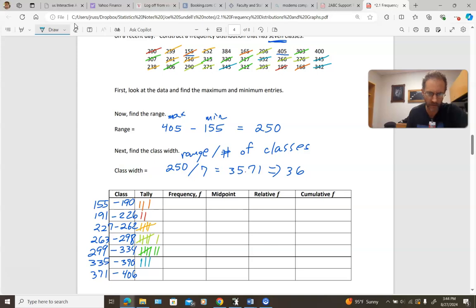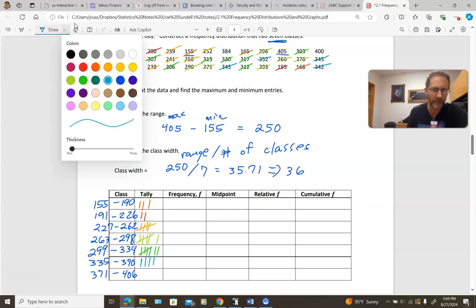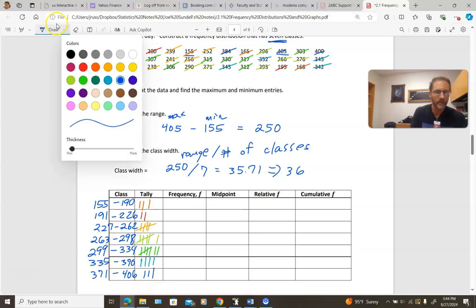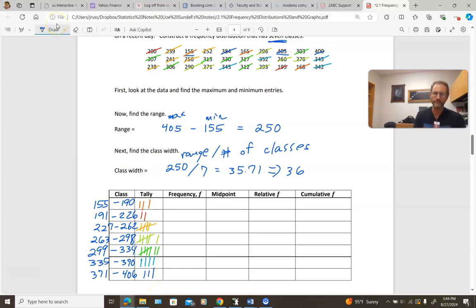And then finally, guys, in this last class, we're going to capture the 384 and the 405 and the 400. So three of them, if I'm not mistaken. 1, 2, 3. Okay. All right. So now,